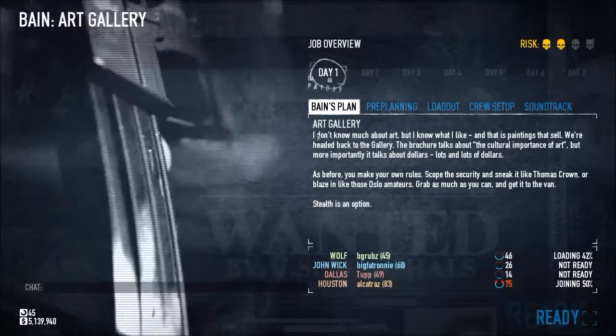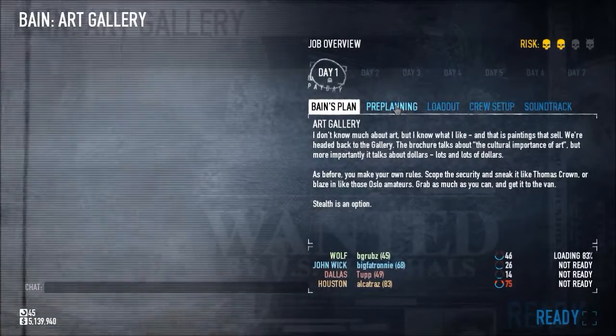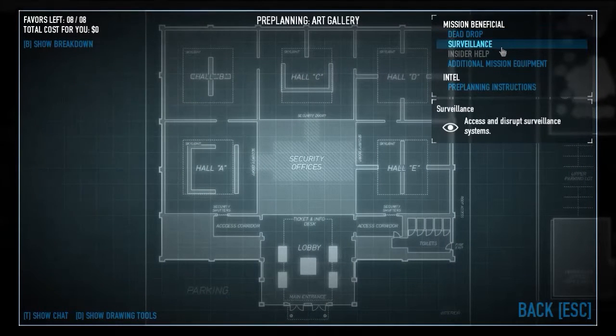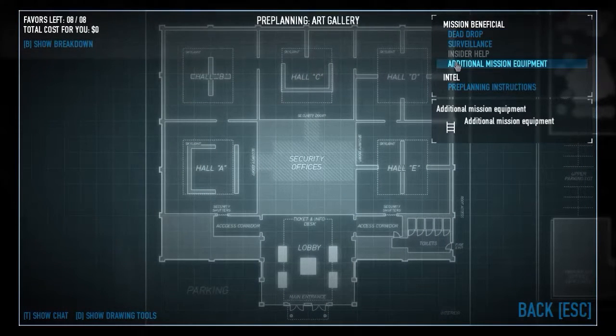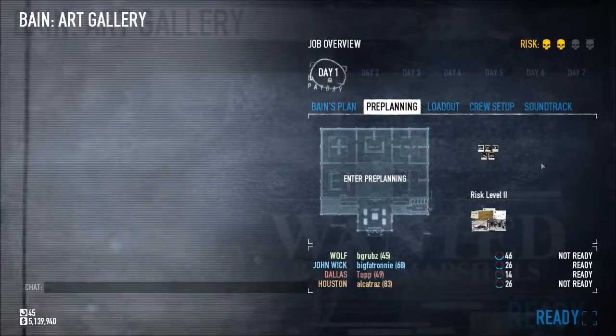So you get a little background here. Sometimes there's talking. You've got pre-planning here where you can find stuff to place. Not too familiar with those. There's nothing else I could buy, so...